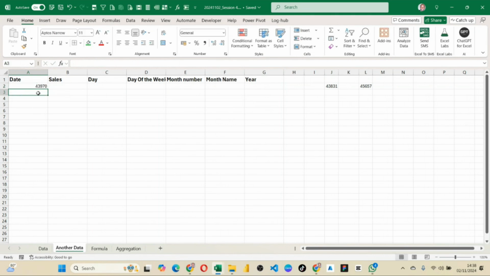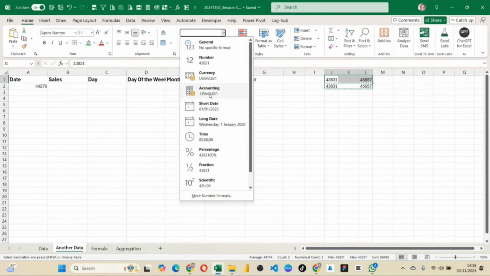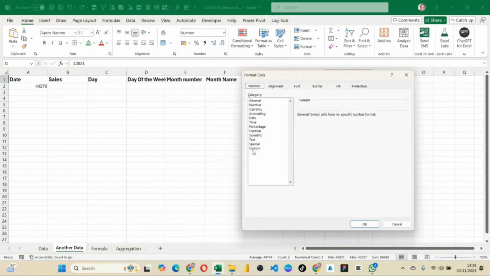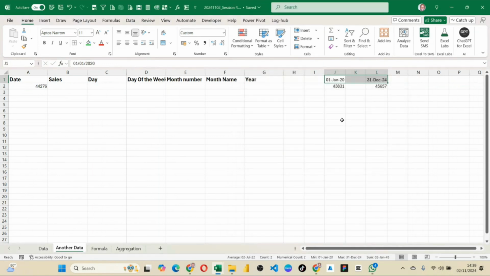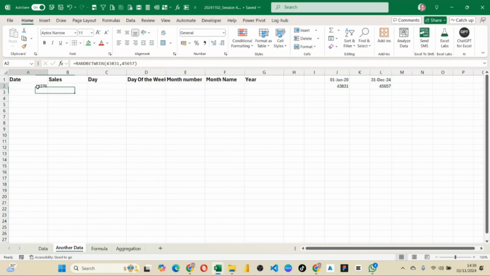Why we are doing this: we are generating our own dates, but we want to generate the date between these two dates. And these two dates, I can copy them and put them even at the top here, then change the format to short date. This one now shows us exactly what we are doing. Now, if I drag this down to 1,000,